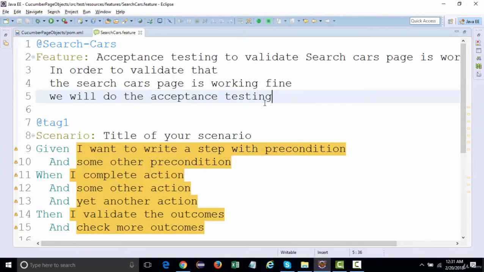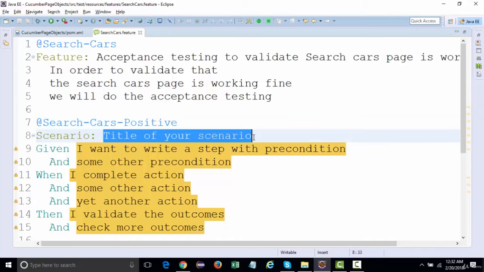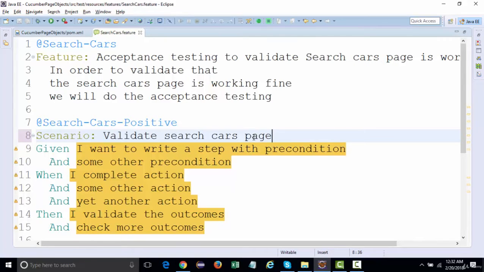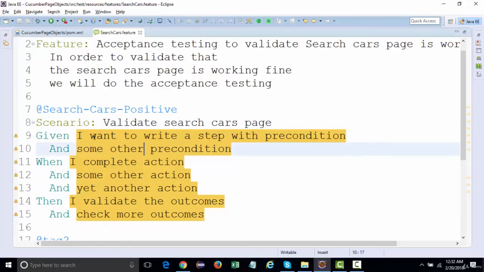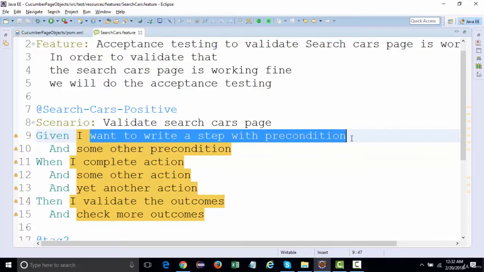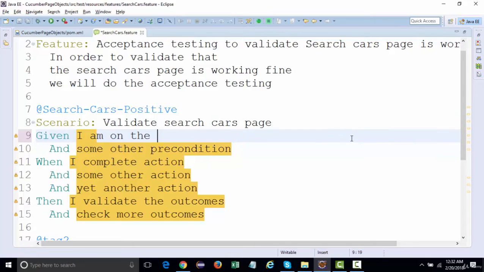And then other subtags, you can define as search cars, that's all positive scenario. You can give any tag name over here. So the main scenario will be validate search cars page. Now, given I am on the home page